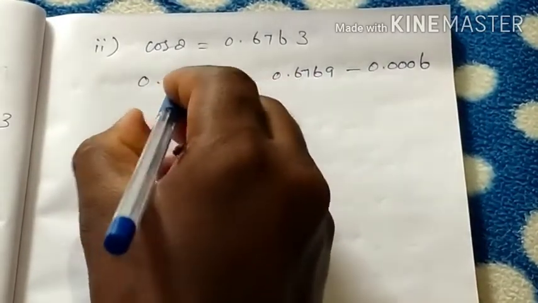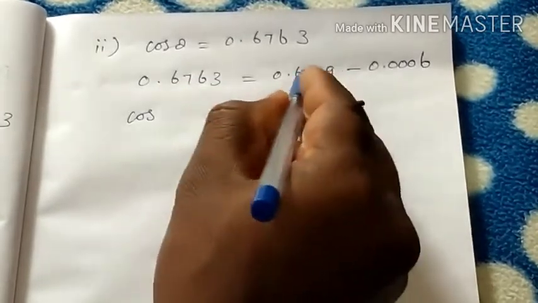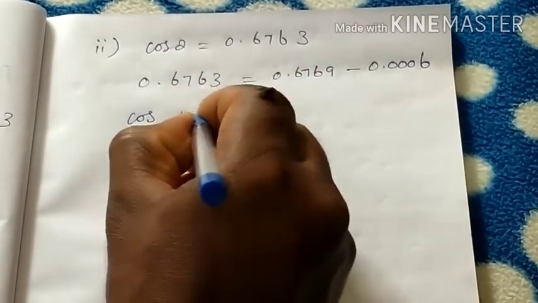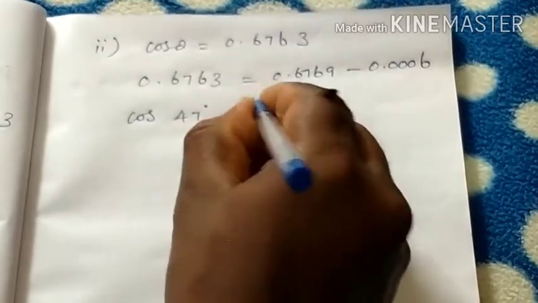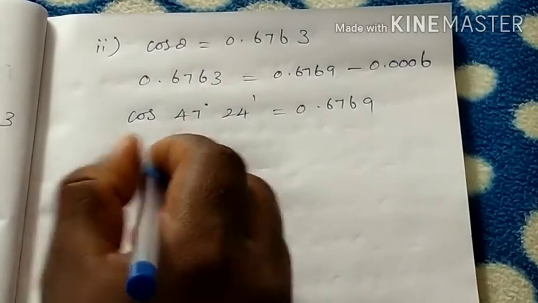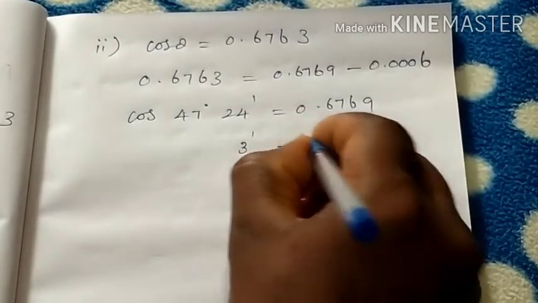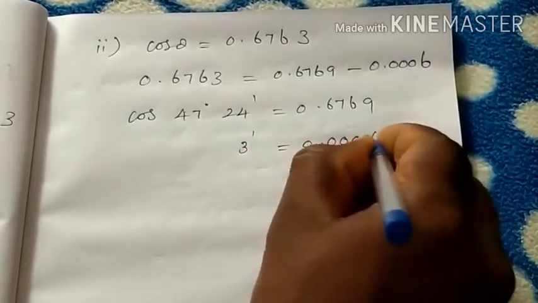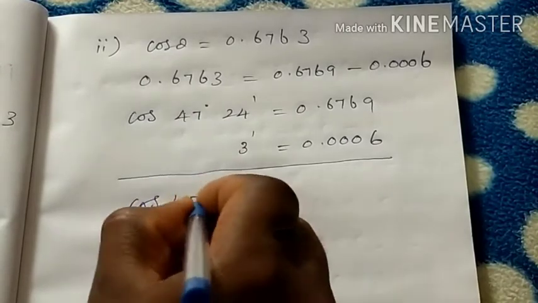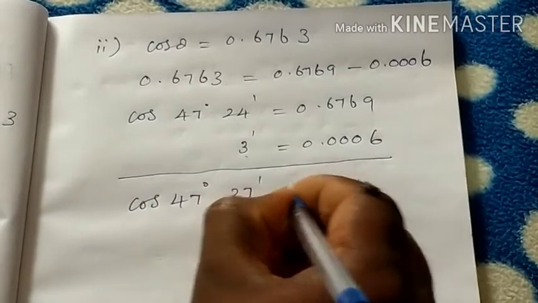Then cos 47 degrees 24 minutes equals 0.6769. The mean difference value is 3 minutes, equal to 0.0006. Then finally cos of 47 degrees 24 minutes plus 3 minutes, equal to 27 minutes,